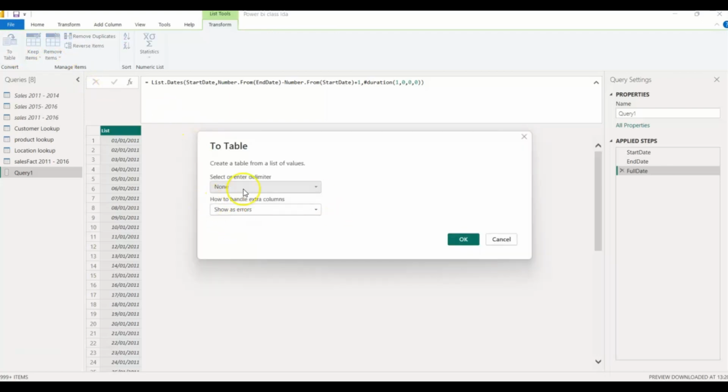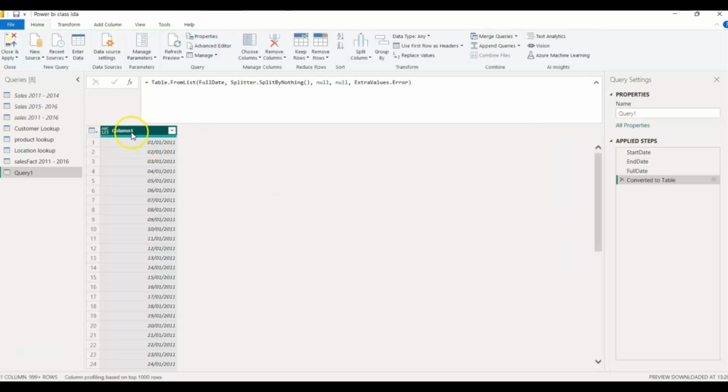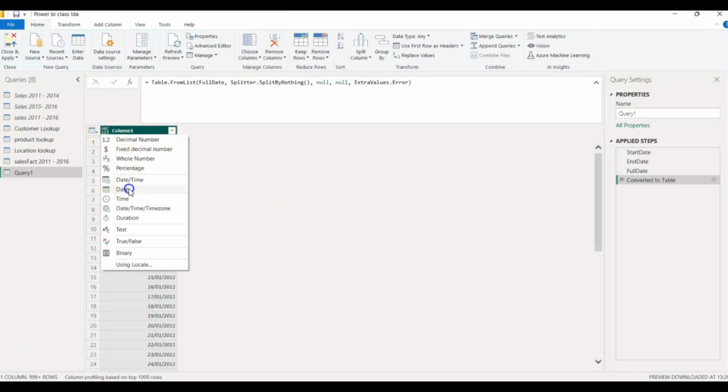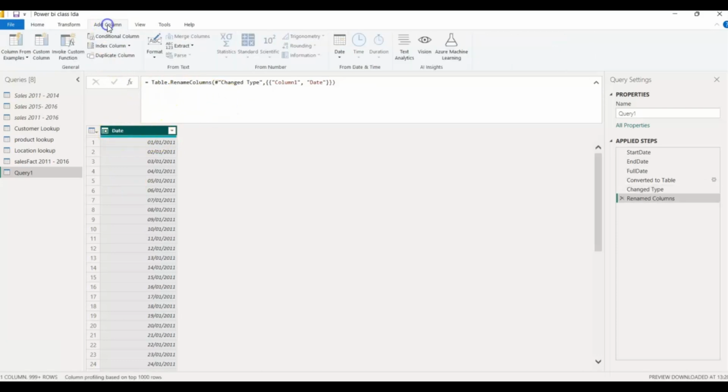I don't want any delimiter, I want to convert to table, so I'll hit OK. So it has converted it to date. I'll come here and change this to date, and rename this from column 1 to date, hit enter. So I can add other columns here by coming to add column, making sure that this is selected. Now come here to date, you can add the year,